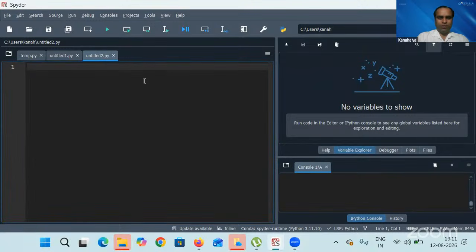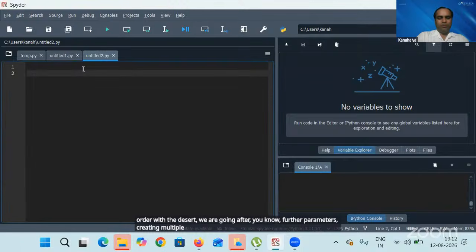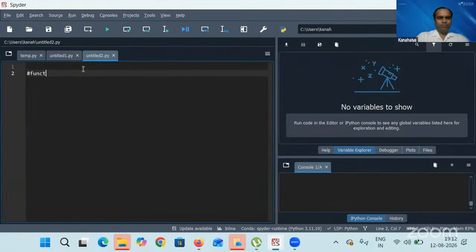So whatever we were doing yesterday, we're going to start with function. We are going to continue with the function. Whatever we did yesterday, we are going further with parameters, creating multiple parameters. So function with parameters. If, let's say, we have an add function and the parameters we have are a and b,